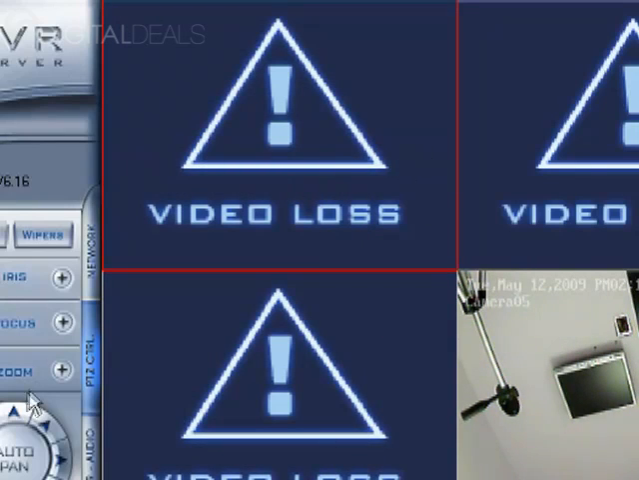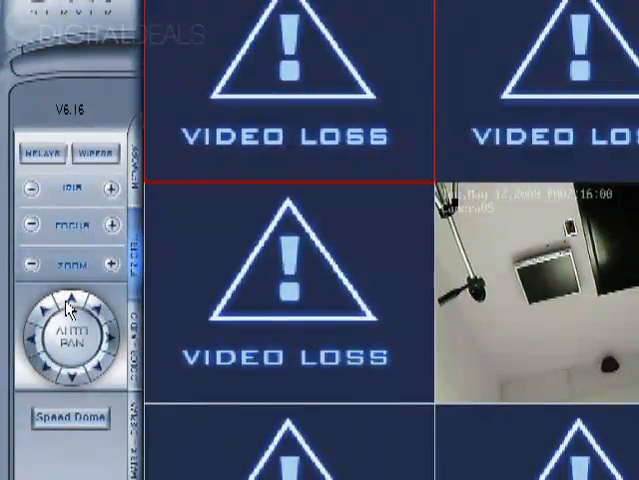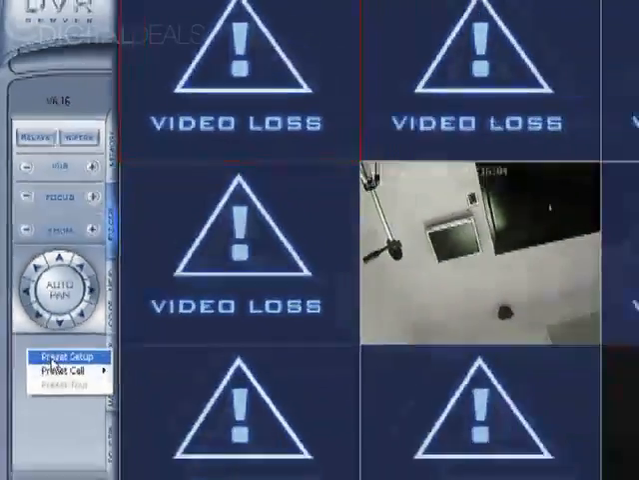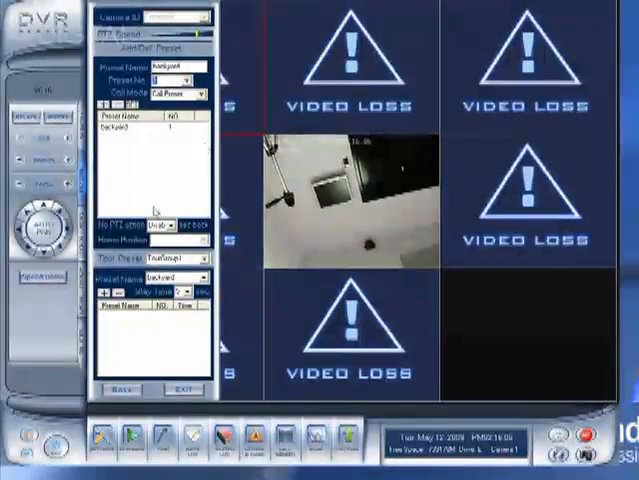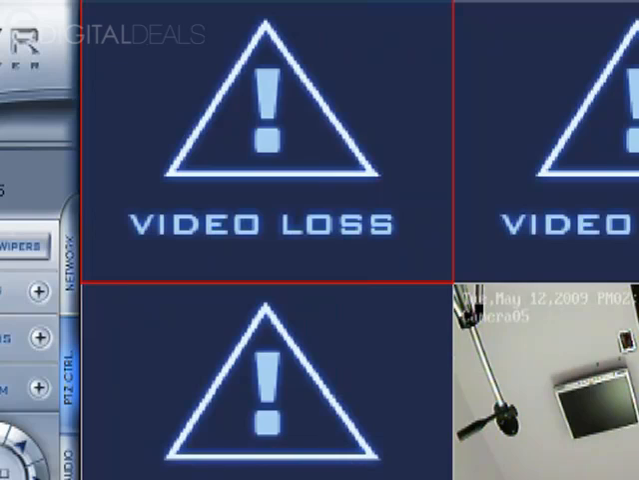Again, click on the camera, move the controls to the location for the new preset. We'll call it playground. Go to speed dome, preset setup, and then in the preset number you want to drop this to number. You want to select number 2. For the preset name, we'll say playground, and then click plus. And now we have that. Click save, then exit,